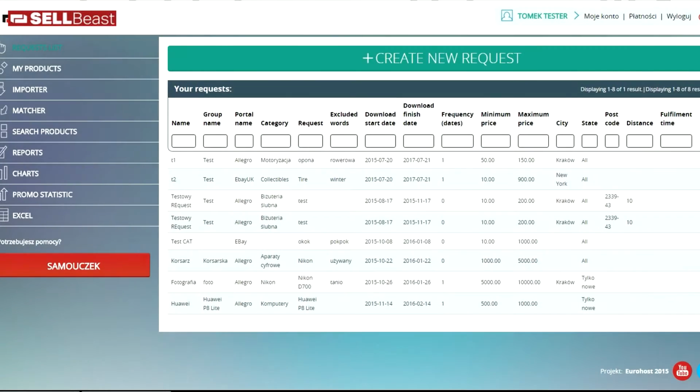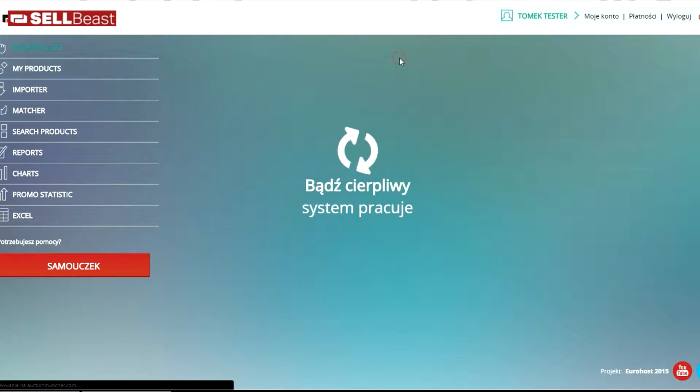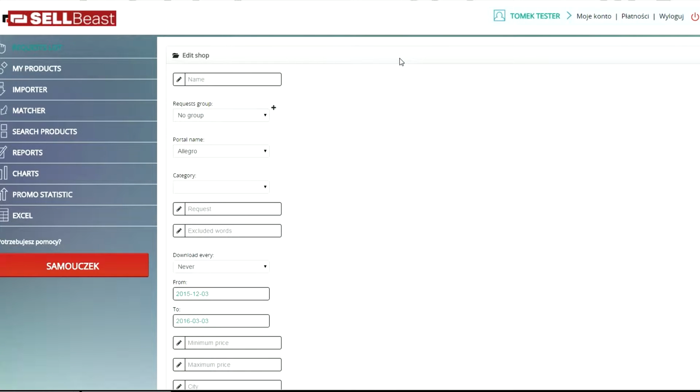Once logged into our account, we are redirected to the default tab, or list of requests. A request is roughly what questions users type in an auction portal's search engine. After choosing one that interests us the most, we get a list of results. In the beginning, this list is empty, and to add interest to our search query, we need to create a